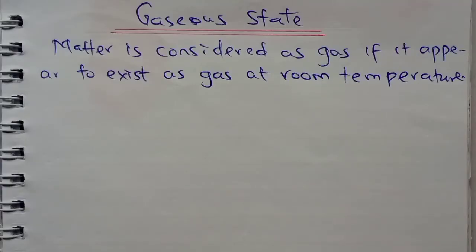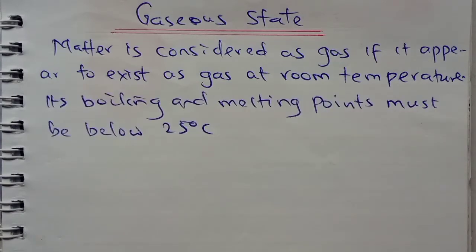To consider a particular matter to be existing as gas, it means that it exists as that gas even at room temperature. This points out that the boiling point and the melting point of this particular substance must be below 25 degrees Celsius. I hope you know what we mean by 25 degrees Celsius. I can change it to Kelvin as 298 Kelvin. Examples of matter existing as gases at room temperature include